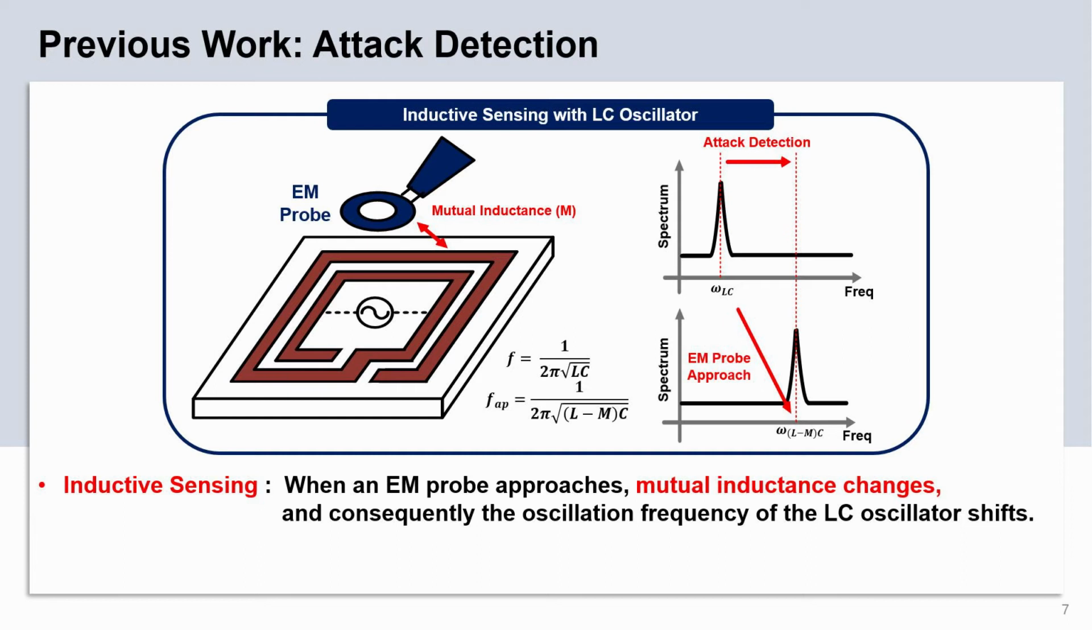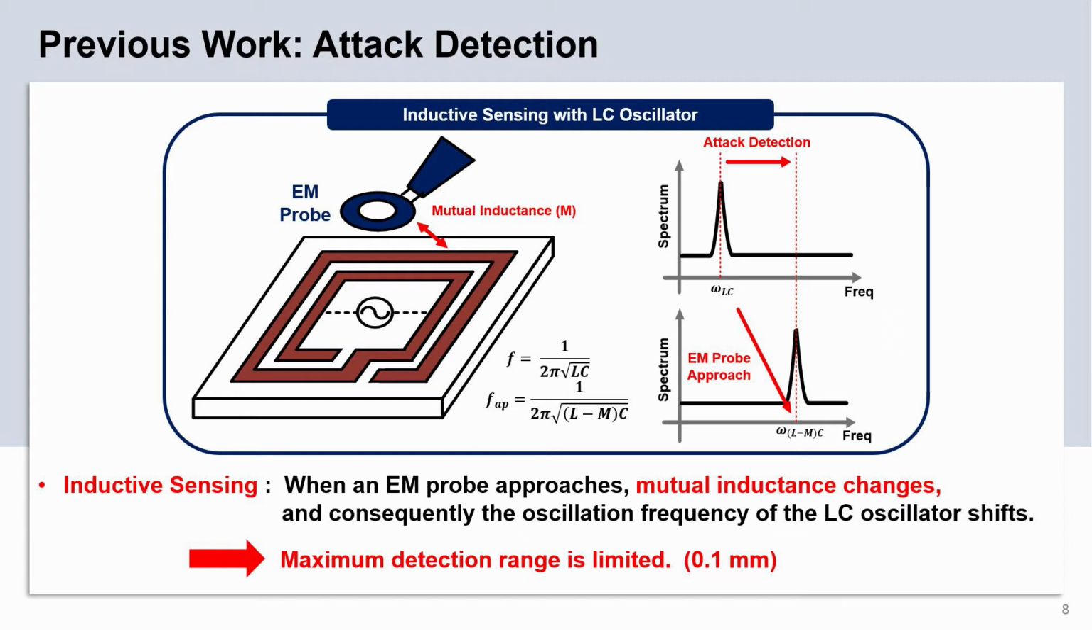As current flows through the inductive sensor coil, the oscillation frequency of the LC oscillator shifts due to the changing mutual inductance. When an EM probe approaches, mutual inductance changes, and consequently, the oscillation frequency of the LC oscillator shifts. Thus, it is possible to detect the presence of an EM probe by detecting the frequency shift using an LC oscillator. However, the effective detection range between the EM probe and the sensor coil is limited to a maximum of